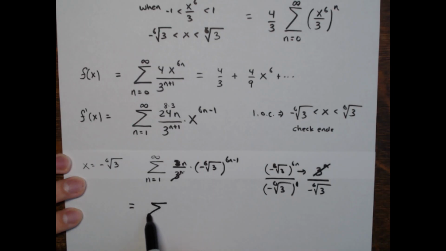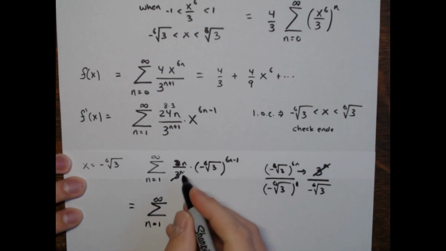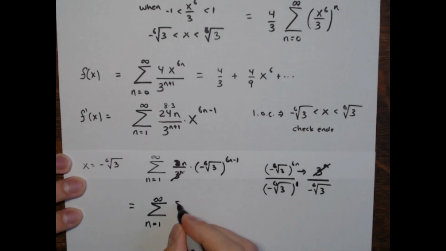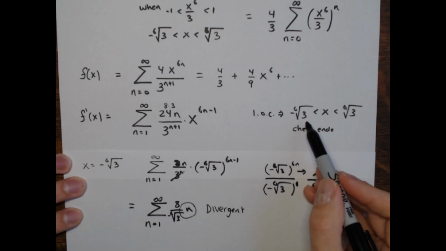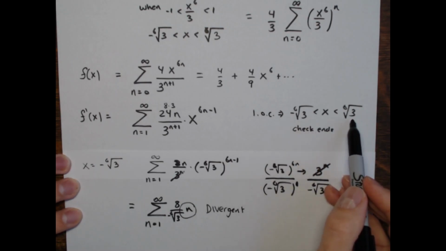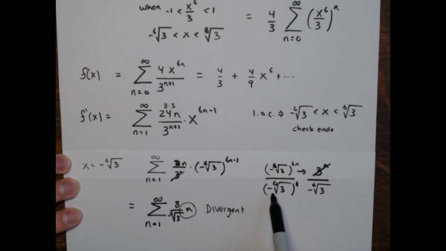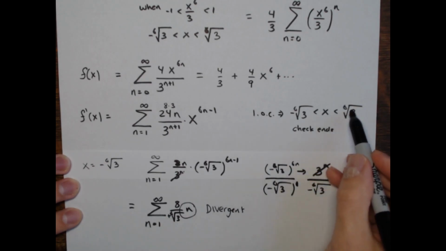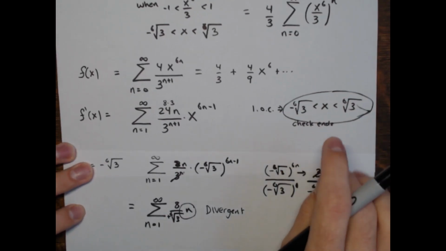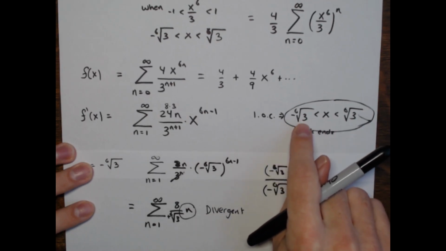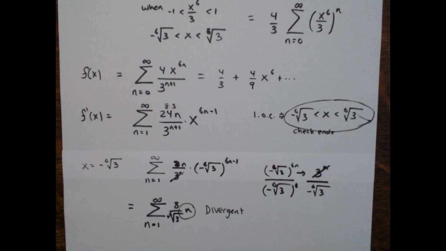So this ends up being the sum from n equals 1 to infinity of 8n over negative 6th root of 3 times n, which is definitely divergent. The terms would be going to infinity. So definitely a divergent series. So that's not included. And then when x equals positive, all that would change is that this would become positive down here. So that'd be this. So it's divergent either way. So there's our interval of convergence: x can be anything from negative 6th root of 3 to positive 6th root of 3